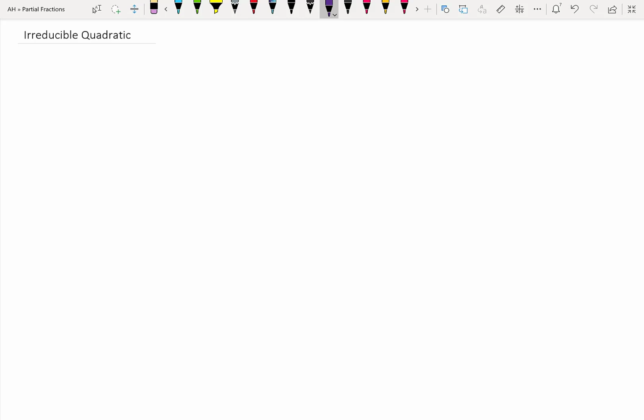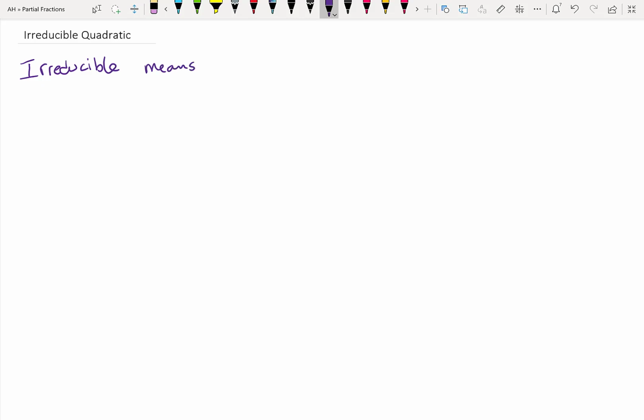Our third type we're looking at are irreducible quadratics. So our advice on the very first type was that before we start splitting them up, we need to make sure that the denominator is as fully factorised as it can be. And so what we're going to look at here are these irreducible ones, where irreducible